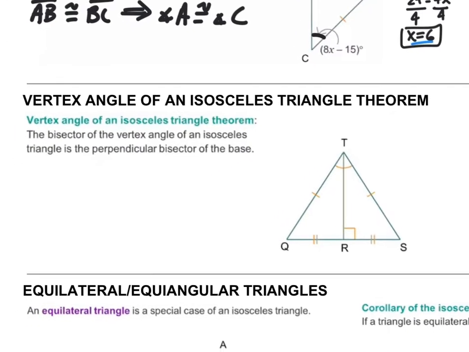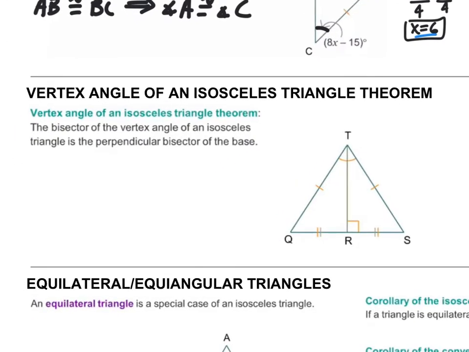And this says the vertex angle of an isosceles triangle theorem: the bisector of the vertex angle of an isosceles triangle is the perpendicular bisector of the base. So if you have an isosceles triangle here, okay, then we can conclude that these angles are congruent. Okay, then if you bisect, so basically this says if you bisect